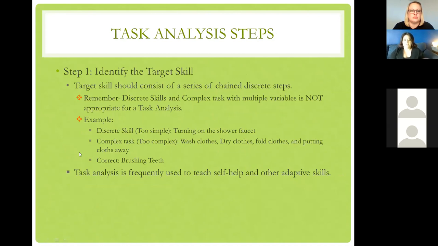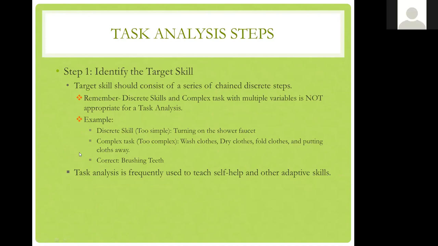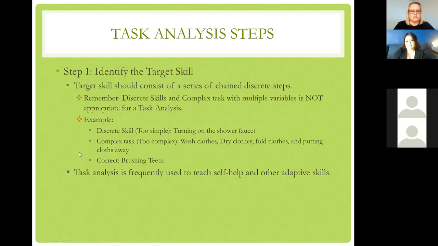So the first step is to identify the target skill. A target skill should consist of a series of chained discrete steps. It's really important to remember that discrete skills and complex tasks with multiple variables are not appropriate for a task analysis. A discrete skill, for example, is something that's too simple, like just turning on the water faucet. Something that's too complex would be fully doing laundry, from washing to drying, to folding, to putting away,